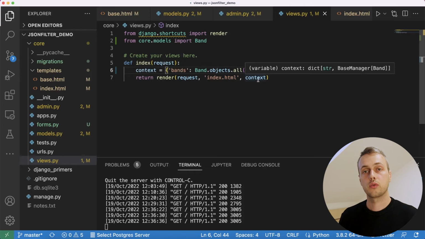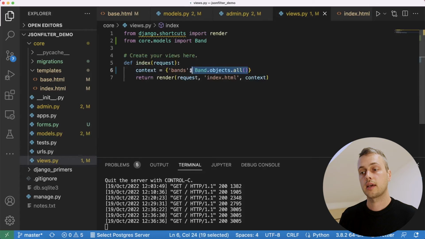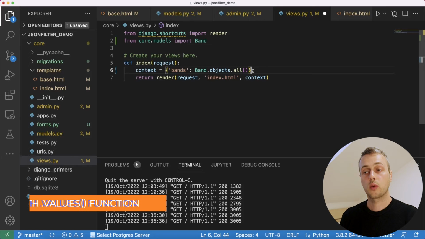Now you can use Django REST framework or Django's built-in JSON encoders to do this. However, we have a very simple model here that contains a string and an integer, and these are primitive values, so they're very easy to convert to dictionaries and include in JSON. If you have more complex models, you'd probably want something more robust. So in our view, what we want to do is turn this query set into a list of dictionaries, with each dictionary representing the data for one band. And we can do this quite easily using the